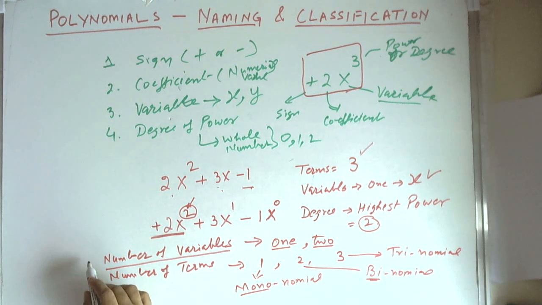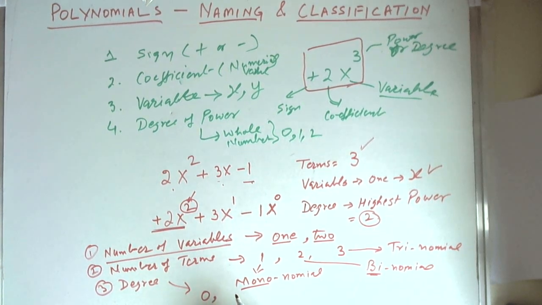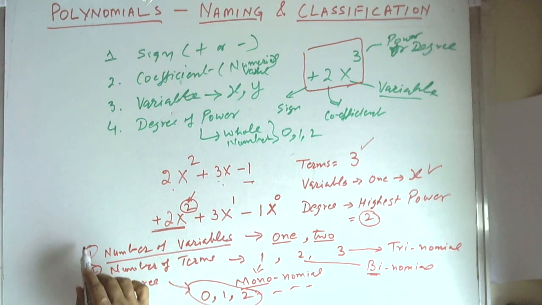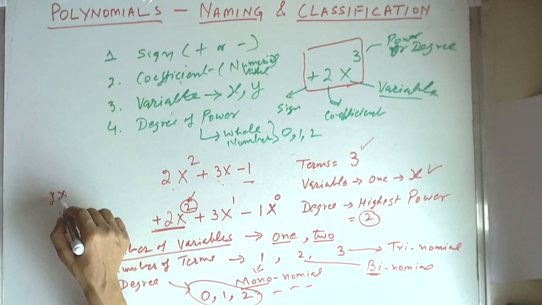So this is the first method of classifying, this is the second method, and the third method is degree. So we can say degree could be 0, 1 or 2 and so on. So it can be any. So there are three ways of classifying: by number of variables, so we can say this is a polynomial in one variable or two variables. The example of a two variable term will be like 2x